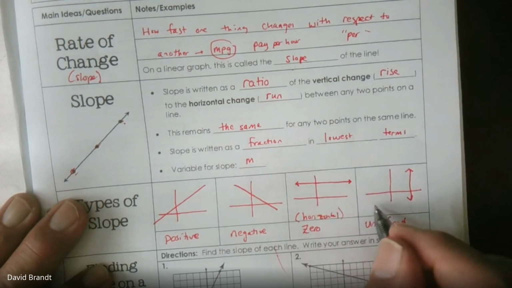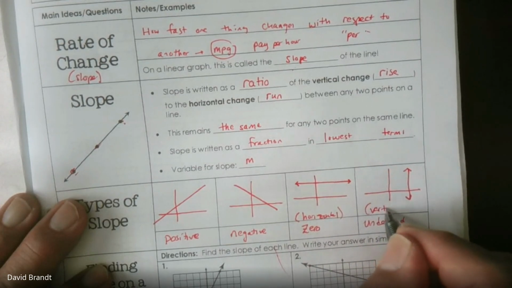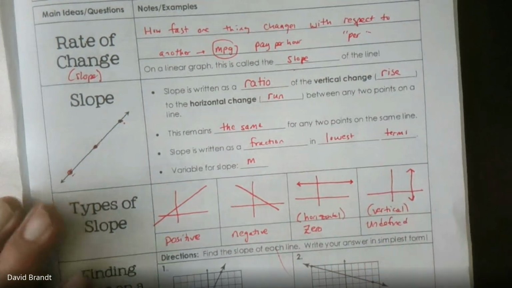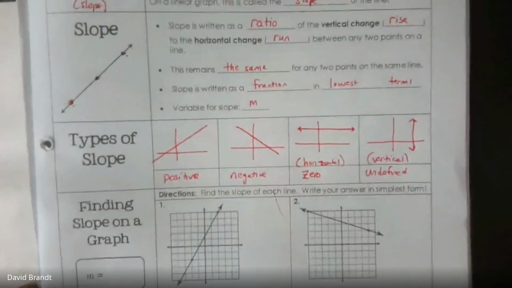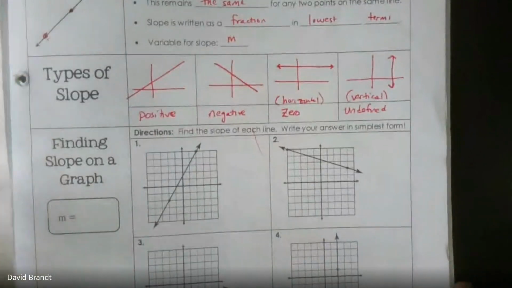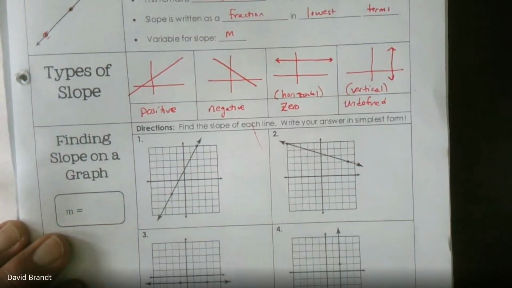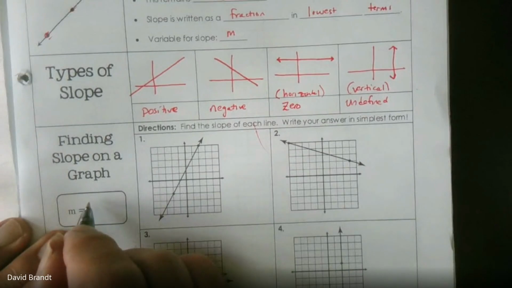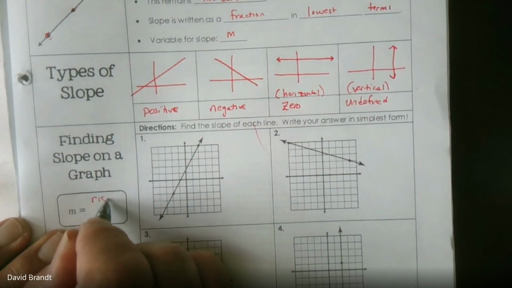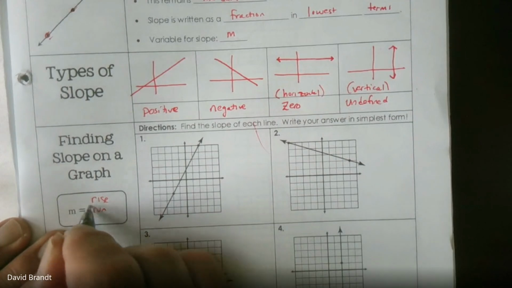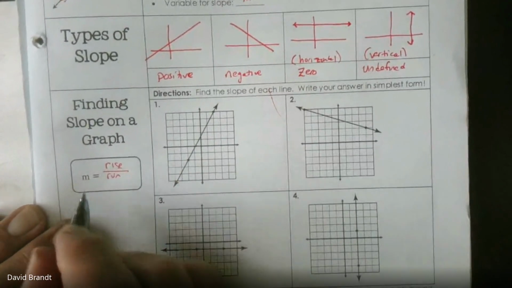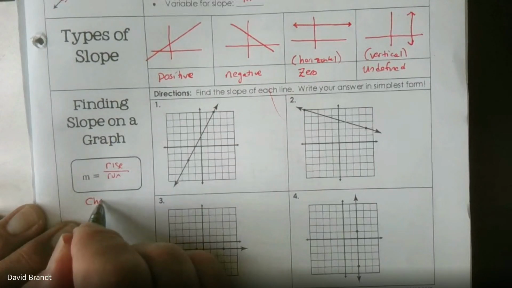And vertical, that's undefined. This is vertical. Vertical has an undefined slope. Okay, now on a graph, how do you find slope on a graph? It's simply rise over run. Or another way to say it, it's change in y